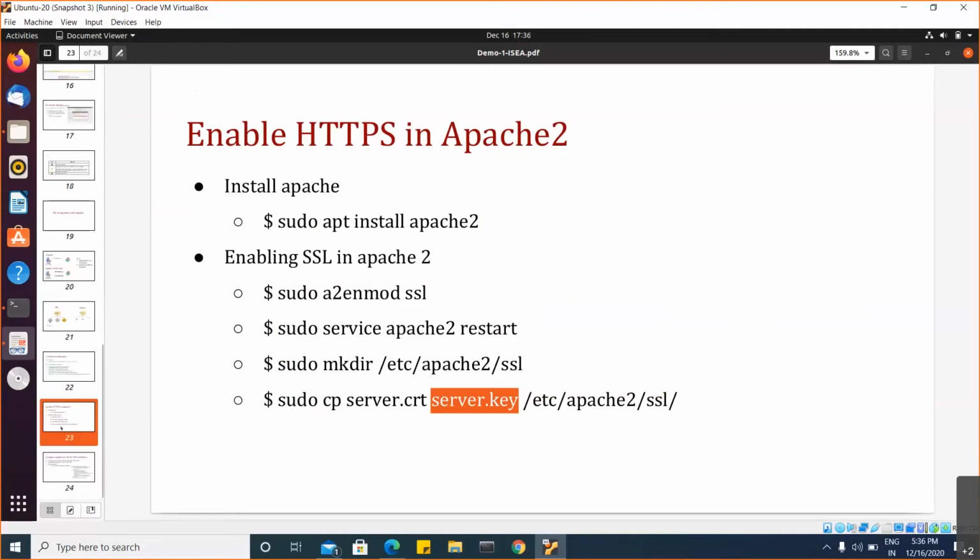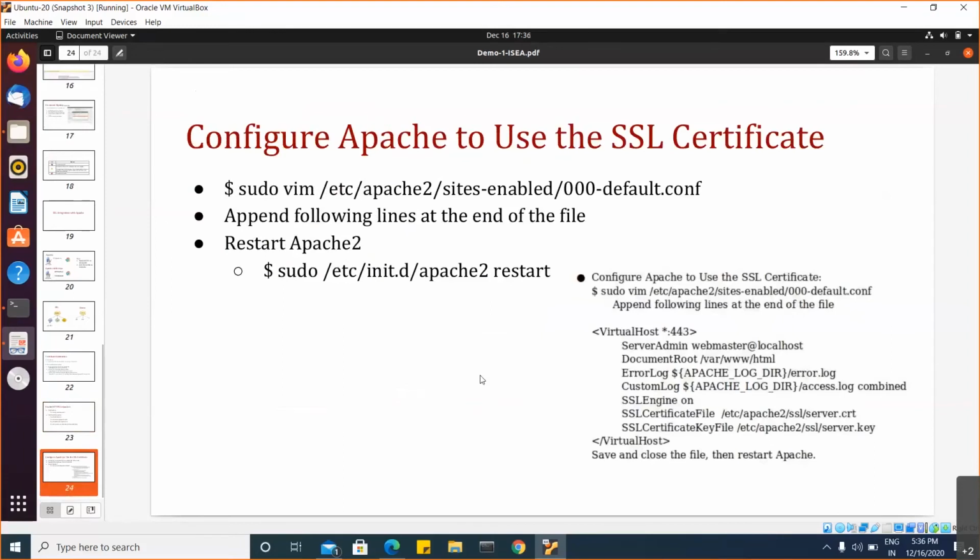Okay. So now once we configure the Apache server, the following configuration also needs to be done. We need to open this particular file, /etc/apache2/sites-enabled, and append the following lines to it. These are the lines that have to be appended to this particular configuration file.